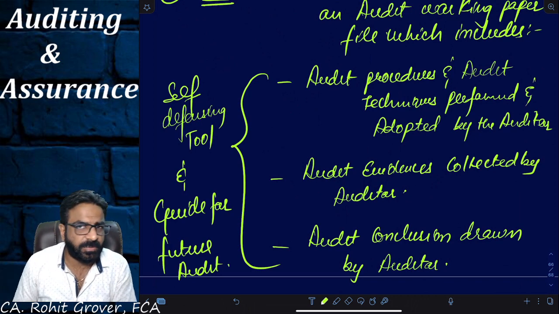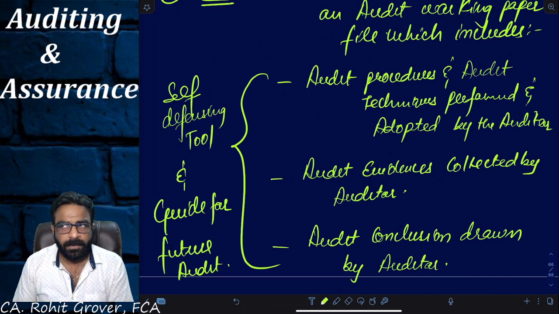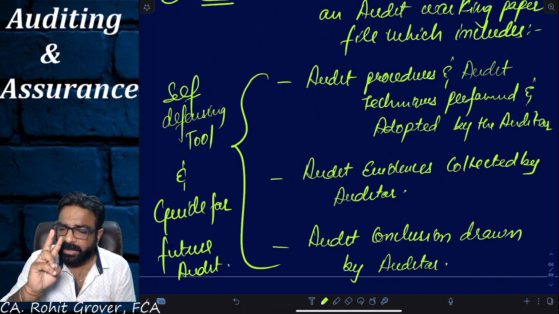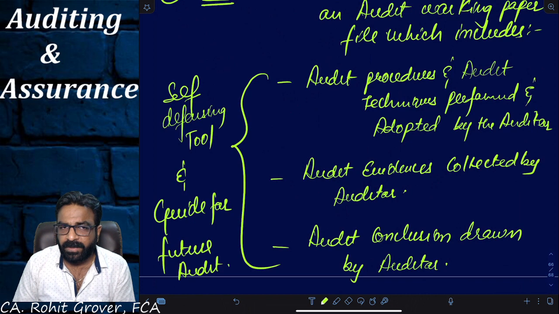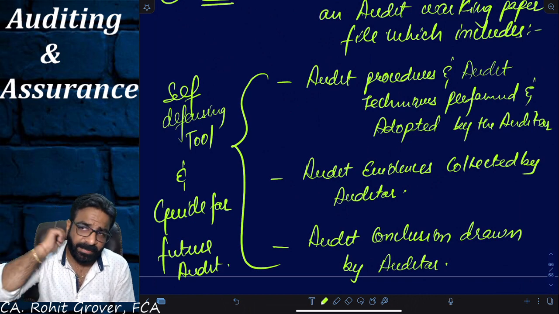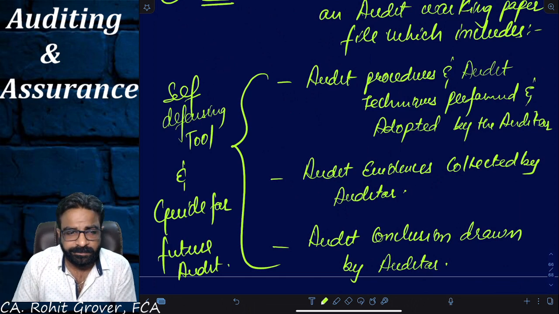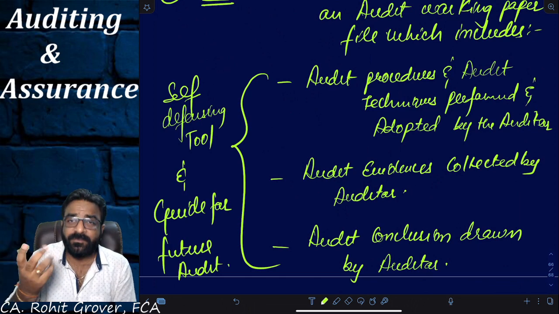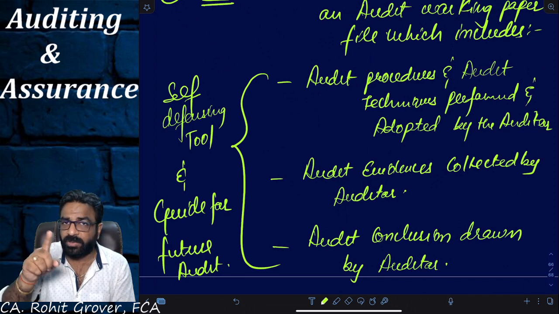Do you all remember SA-210? Yes, the audit engagement letter. Can anybody tell me how many letters we drafted at that point of time? Two letters. Both are sent to the management. One is kept by the management and one was returned back to whom? The auditor. For which purpose, everyone? SA-230. Do you remember that? I wrote it there as well.